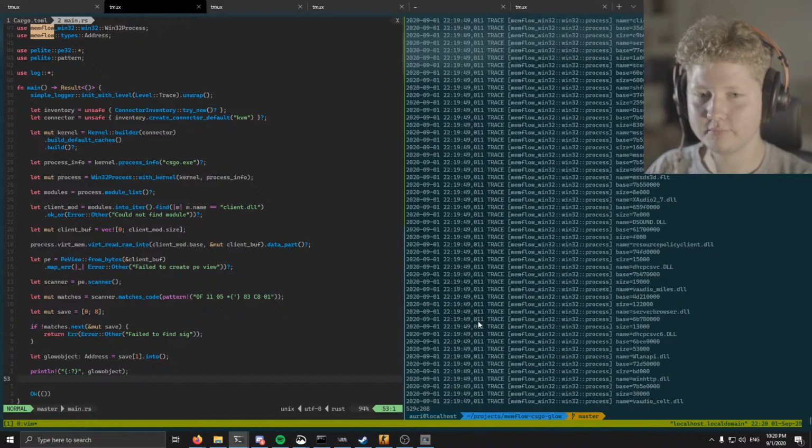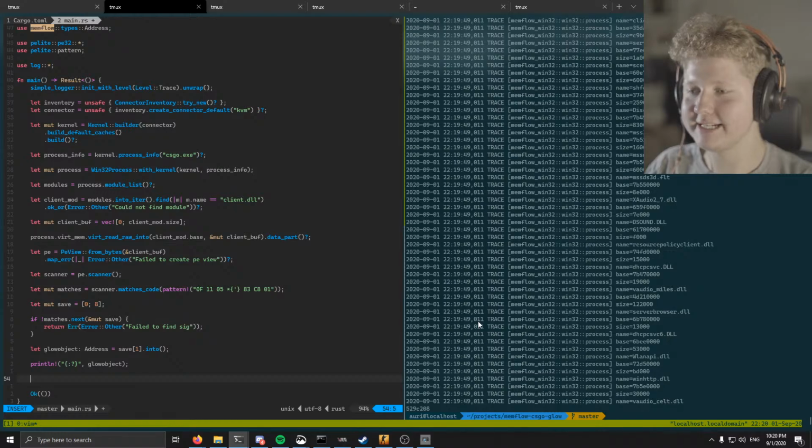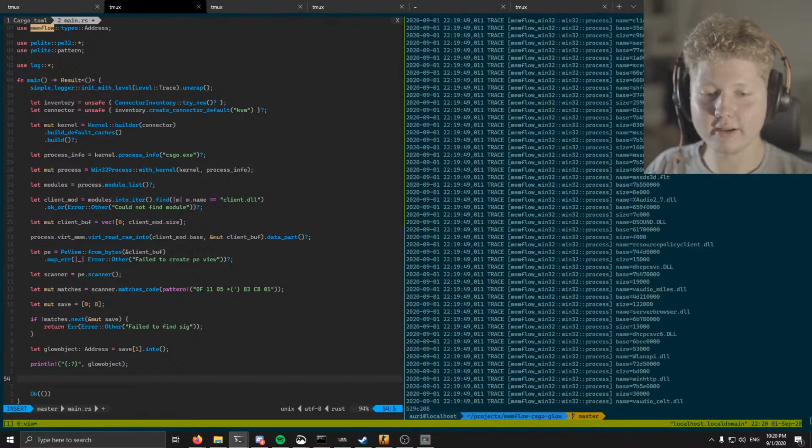All right. So I think we've got the Glow Object Manager. Now what we need to do is actually iterate it. So,